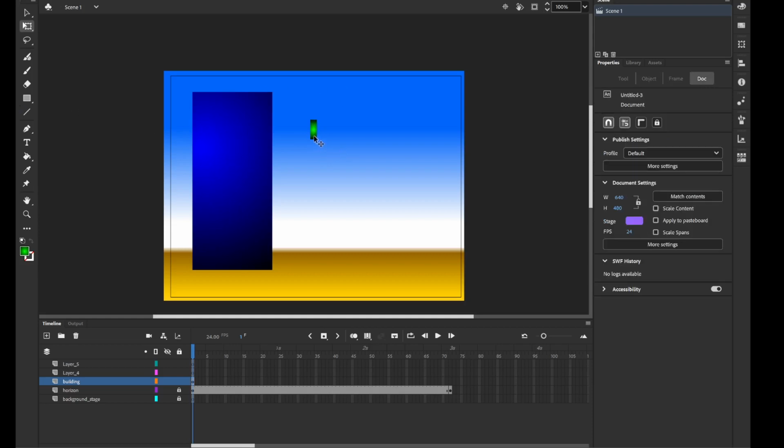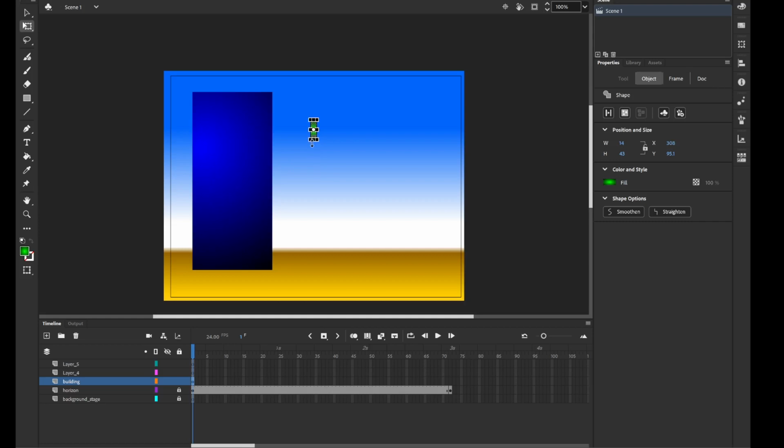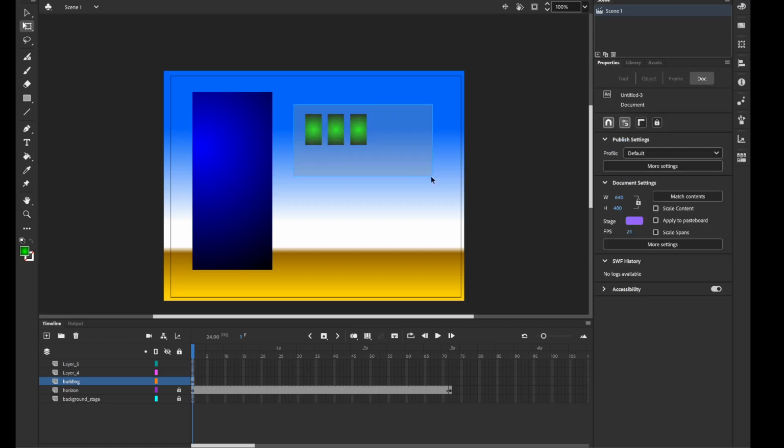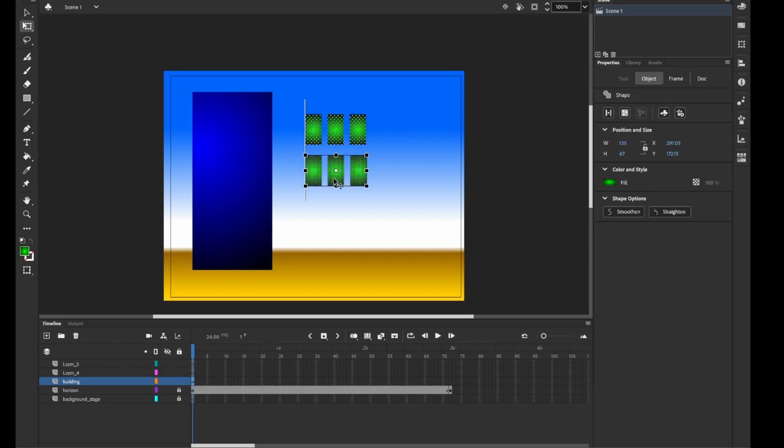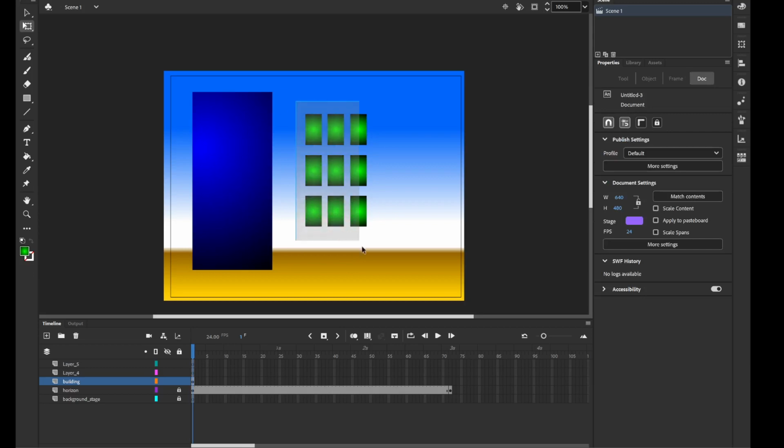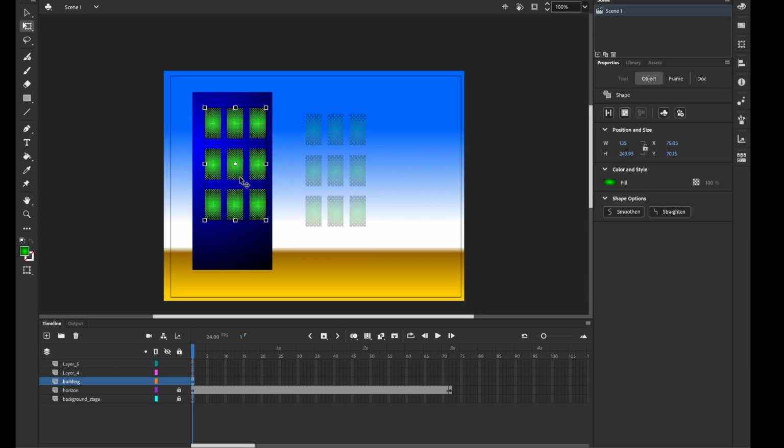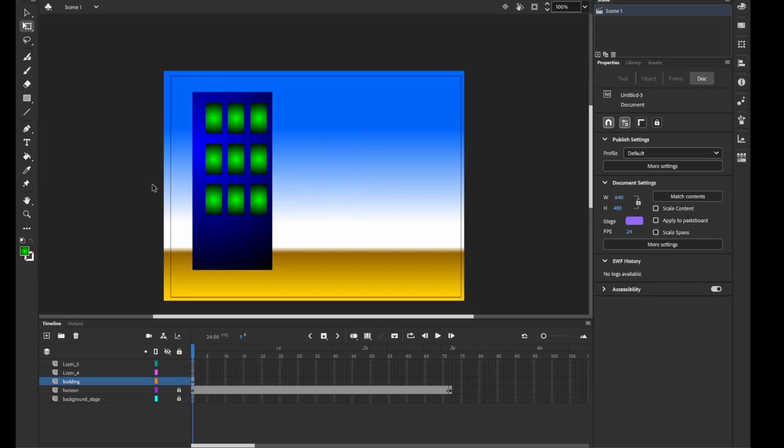So you can select, and while holding down Alt, this is still a little bit small, so I'm just going to put it back to where it was. While holding down the Alt key, you can drag, Alt, drag, and it will place the windows on there. And then you can select these and make some other copies using the Alt key as well. For now, I'm just going to keep this number and move the windows into my building. I kind of like to skew it to the left a little bit. All right, so now we have a building